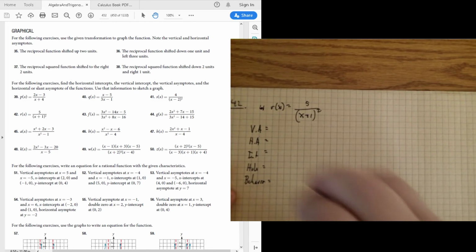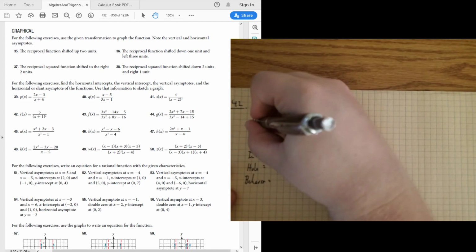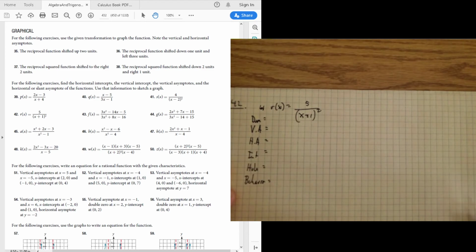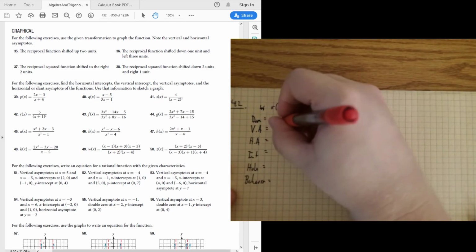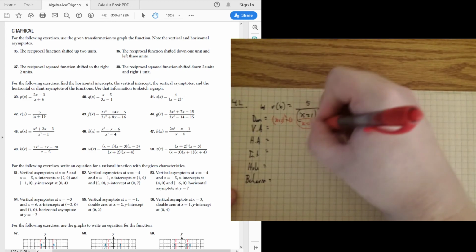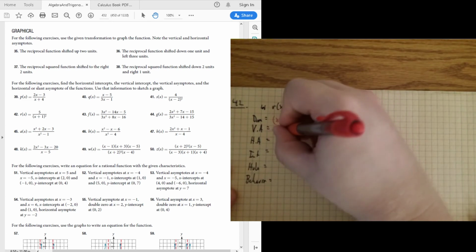Let's do one piece at a time. And domain can be included kind of anywhere in here. So my domain, I set the bottom equal to 0. So I take (x + 1)² = 0. Obviously, it's going to give me the answer of x = -1, which means that's my first asymptote and is